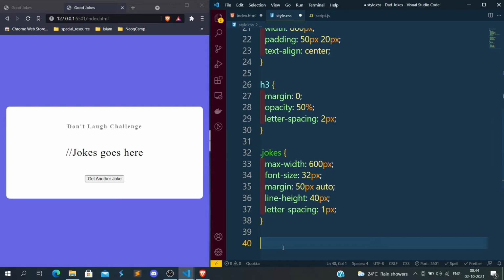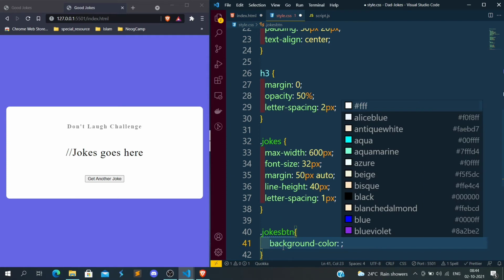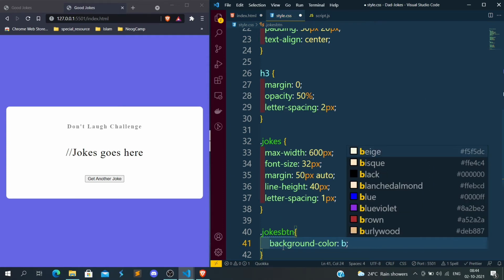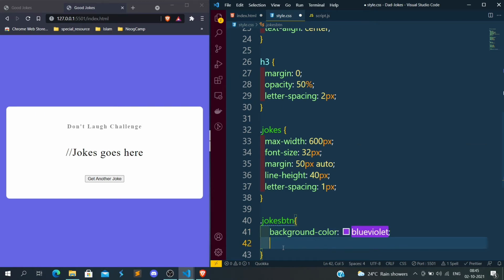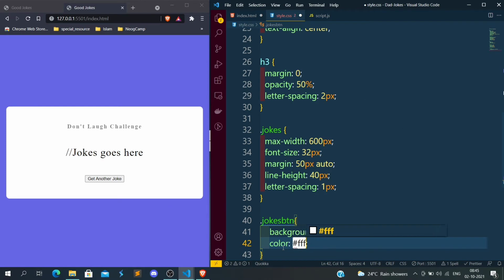So let's apply the CSS for the button. Okay, jokes btn, so we want background color to be, let's add blue violet. Where is blue violet here? Let's give color to be white.